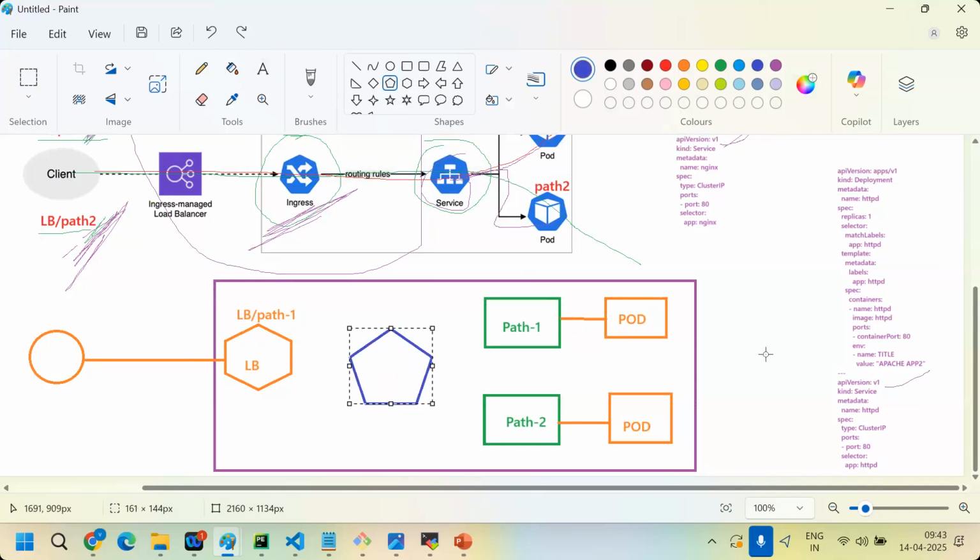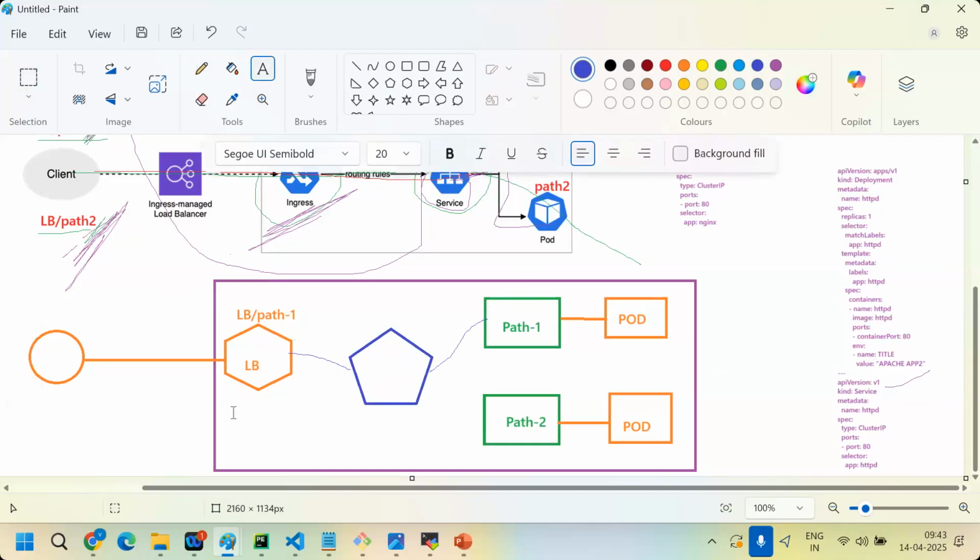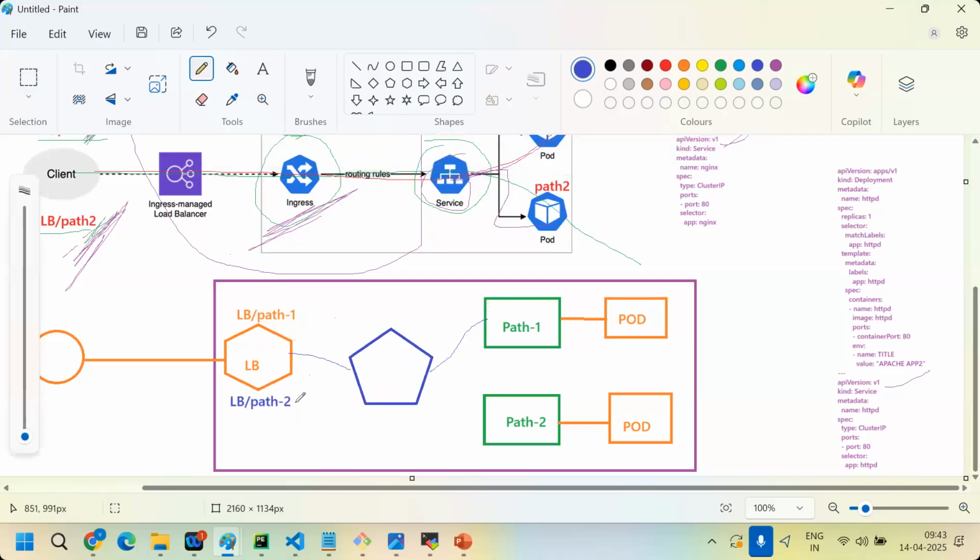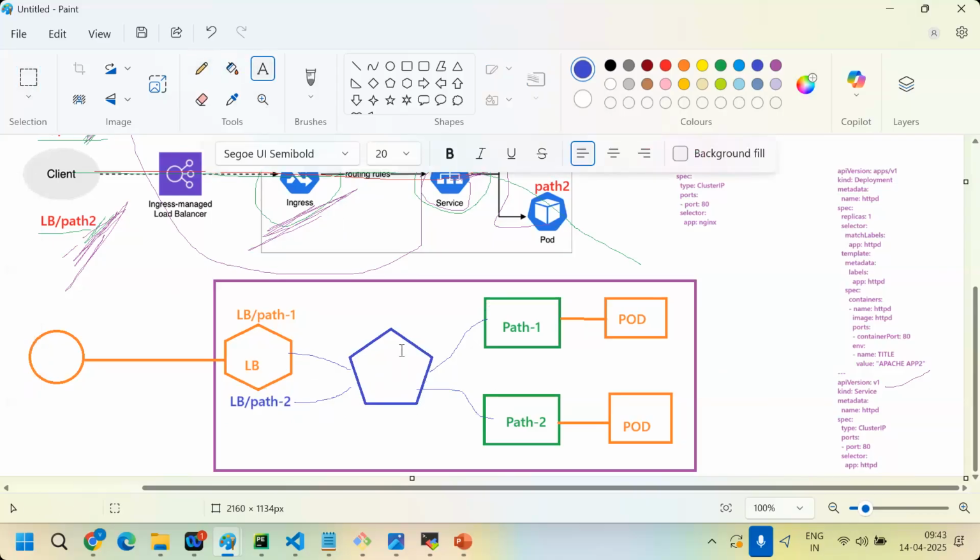If a user accesses LB path1, it will send to path1. If the same user or a different user accesses LB path2, this controller will send traffic to path2. So the controller takes care of it. If the controller is not there, the load balancer sends traffic to any one of the paths.